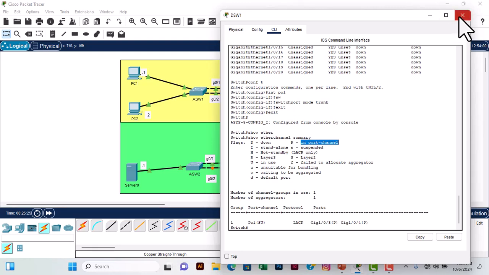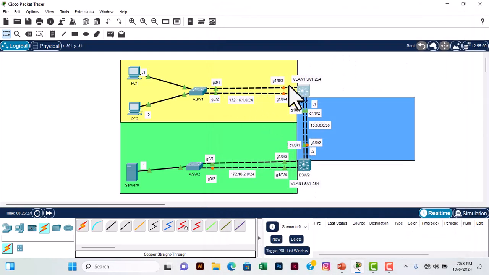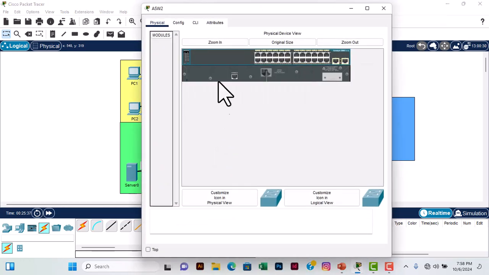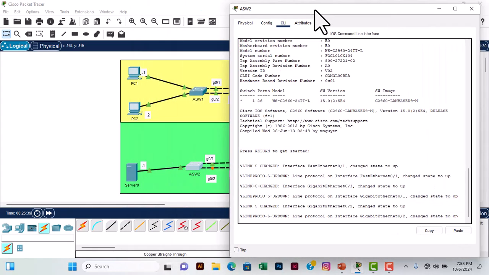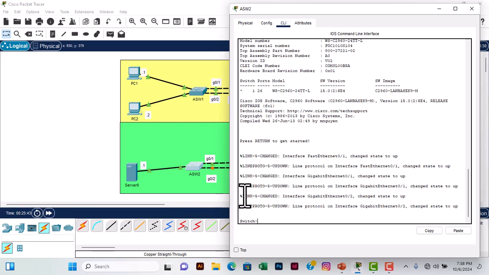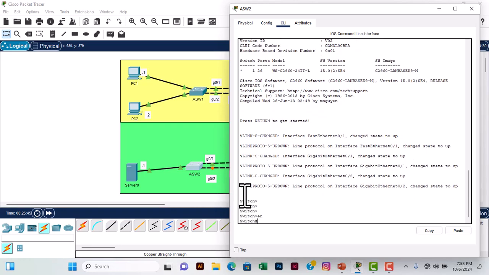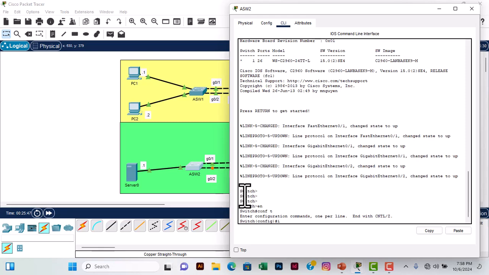Okay, so we are done with the link between access switch 1 and distribution switch 1. Now let us go to access switch 2 and distribution switch 2. So I'll start with this one. Here we have G0/1 and G0/2. So enable, configure terminal, interface range gigabit 0/1 to 2,